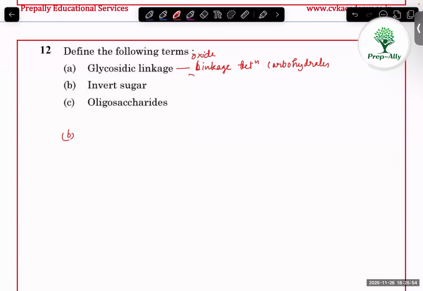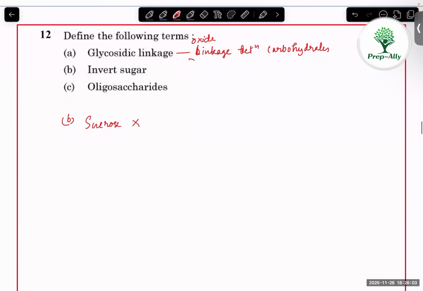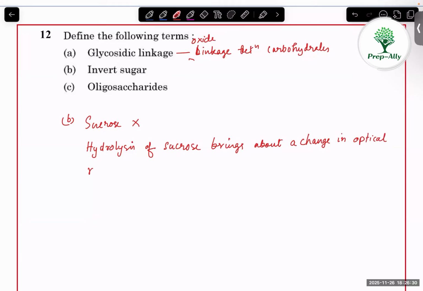Now B part, invert sugar. What exactly is invert sugar? You need to define. If you are writing just sucrose, you will not get any marks. Why is sugar called invert sugar? You need to write completely: hydrolysis of sucrose brings about a change in optical rotation